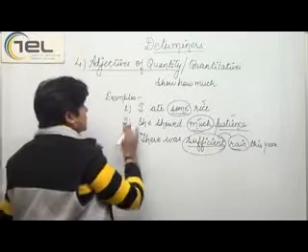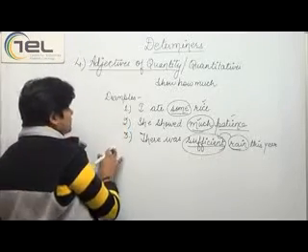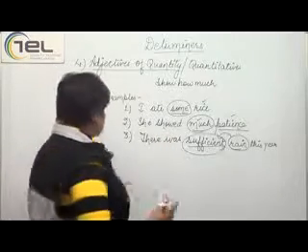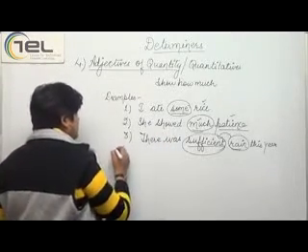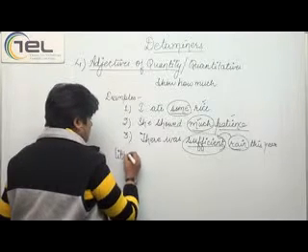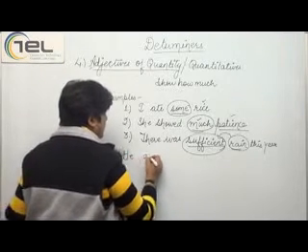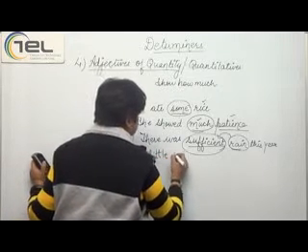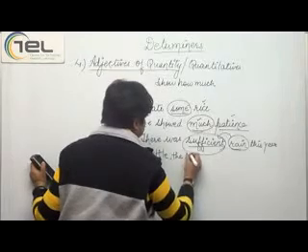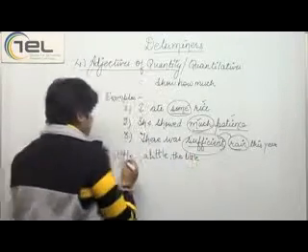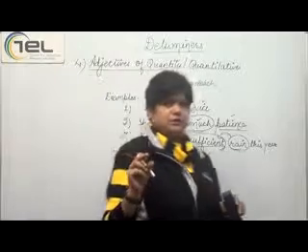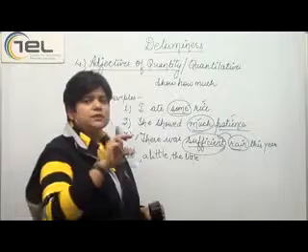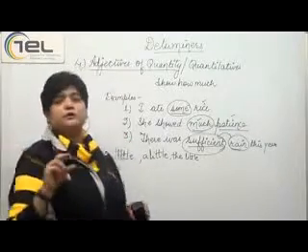Now apart from these, there are a few other adjectives of quantity that are to be explained. One very common one is little. Little, a little, and the little. Little means a small quantity of something. When I say little, a little, the little, there are three different words and three different meanings.